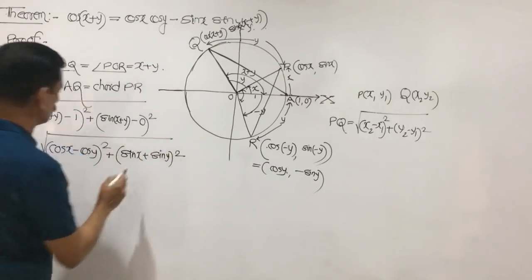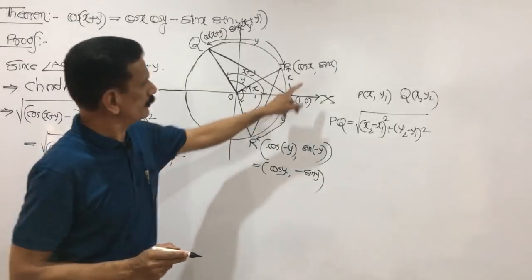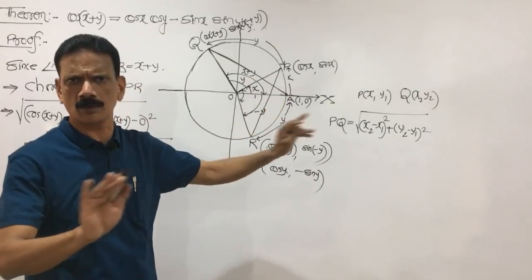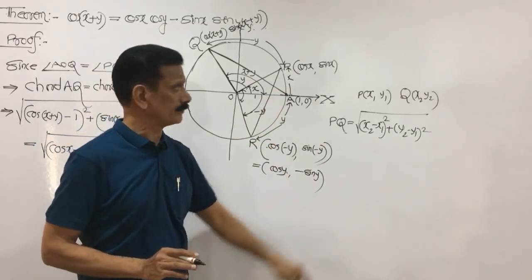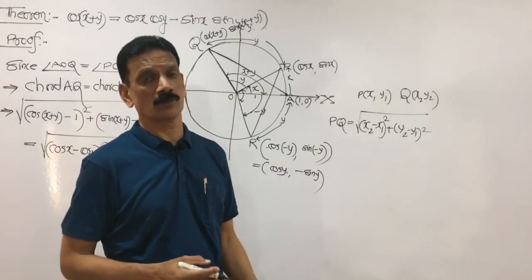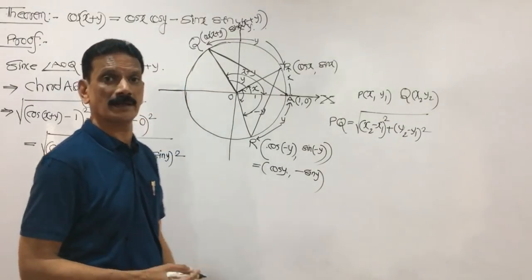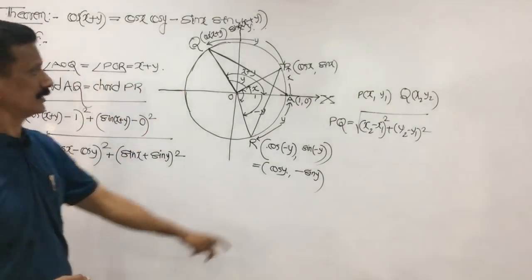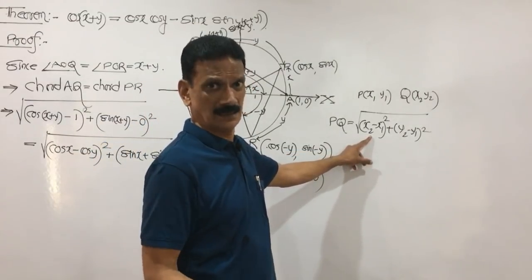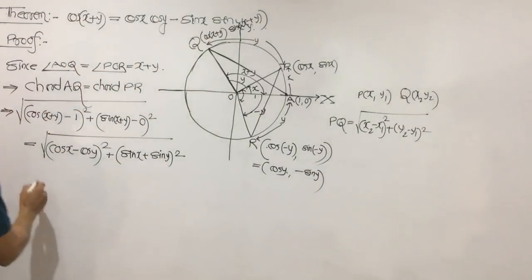I hope my dear friends you understand. x2 minus x1 whole square plus y2 minus y1. And you may ask, sir, why didn't you take it the other way? Even if taken that way, no problem. Okay my dear friends, because a minus b whole square is a square plus b square minus 2ab, and b minus a whole square is b square plus a square minus 2ba, so both are the same. Because if it is minus 4 plus 16, it is the same, because square it is. I square this.